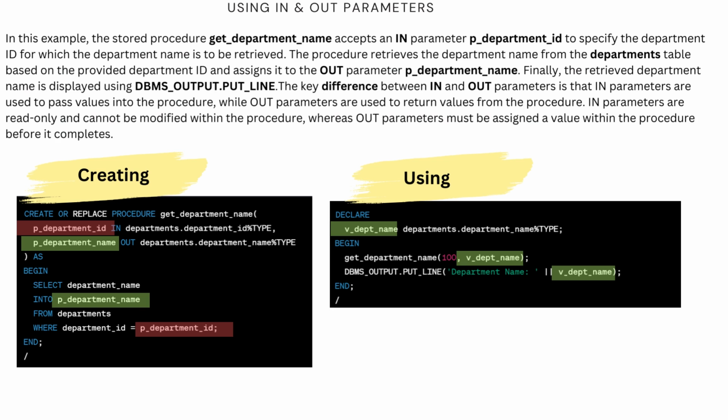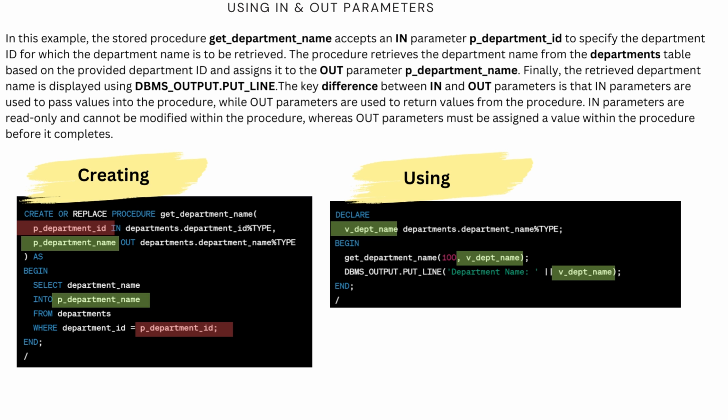In this example, the stored procedure get_department_name accepts an in parameter p_department_id to specify the department ID for which the department name is to be retrieved. The procedure retrieves the department name from the departments table based on the provided department ID and assigns it to the out parameter p_department_name. Finally, the retrieved department name is displayed using